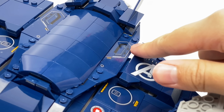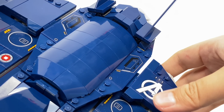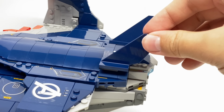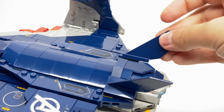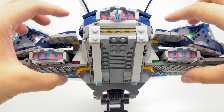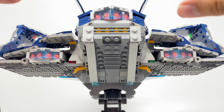At the back, stickers on that little part that we removed for the back section of the interior. These are adjustable as well. You can move them side to side. As for the in-between section, there's plates at the bottom and the top, but sandwiched, there's some great designs where